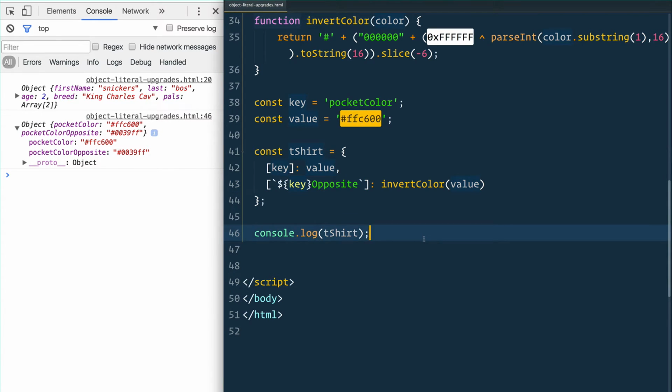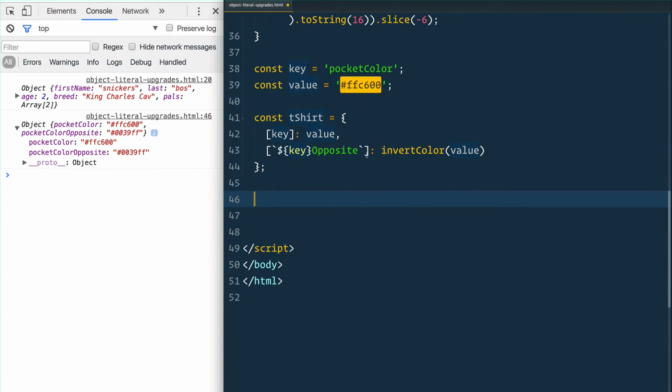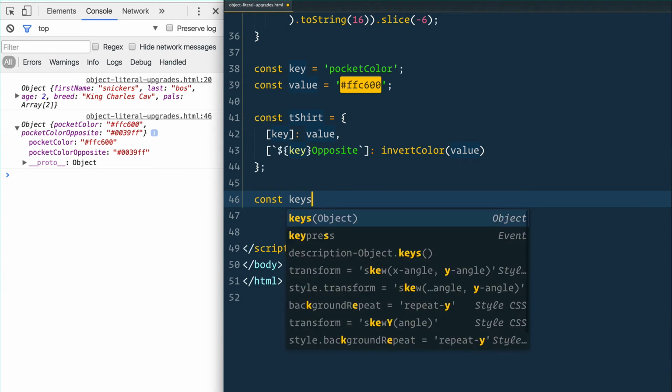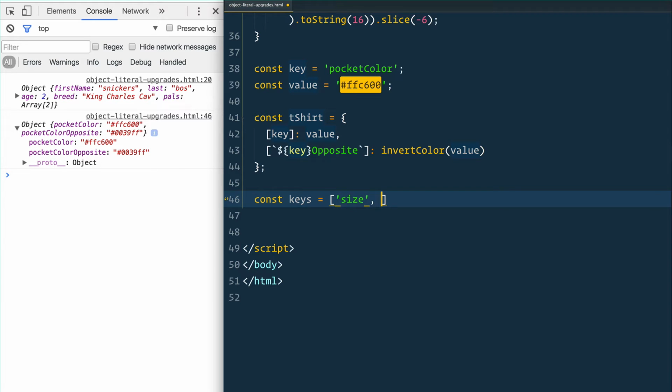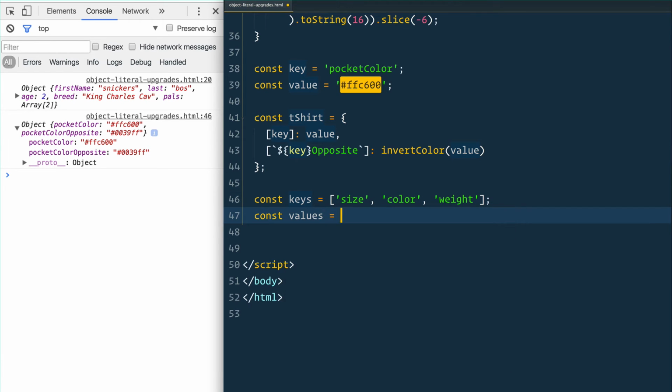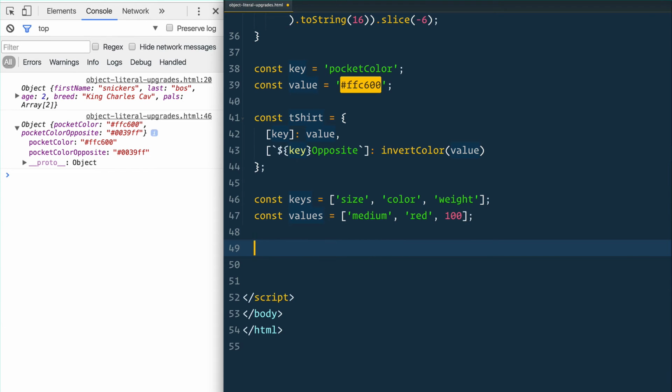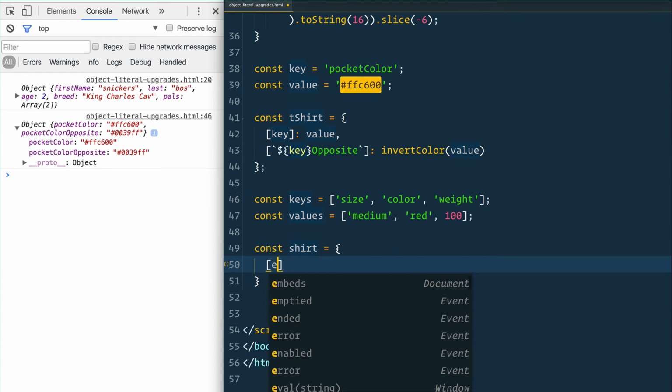Let's look at one more example here where sometimes you have some just funky data that you get in from an API and you don't have too much of an option to work with. Obviously, you would have a little bit of a nicer structure, but sometimes you might have a keys array, which is like size, color, and weight. And then you have a values array, which is something like medium, red, and 100. And you need to make an object where the size is medium, the color is red, and the weight is 100. You could make an object here where you say const shirt equals, and you could say keys of 0,